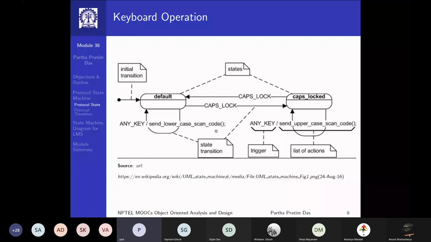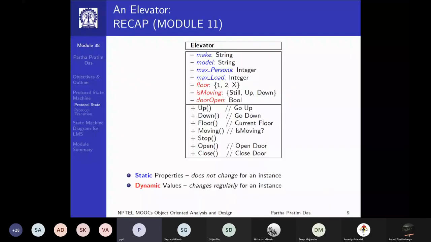Here also the same thing. So these are the triggers, these are the actions, initial transition, and so on. So it's basically not a significant difference, but it is just that you have more of the dynamic behavior. I said that state is either the static behavior or the dynamic behavior. So it's more of the dynamic behavior that you are trying to capture. You will find this example in detail in module 11, but just to put you in context, this is trying to model an